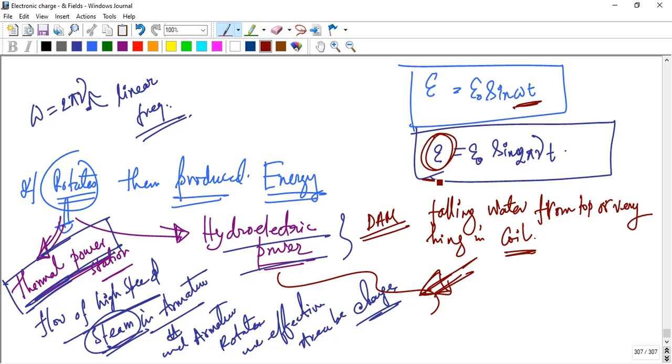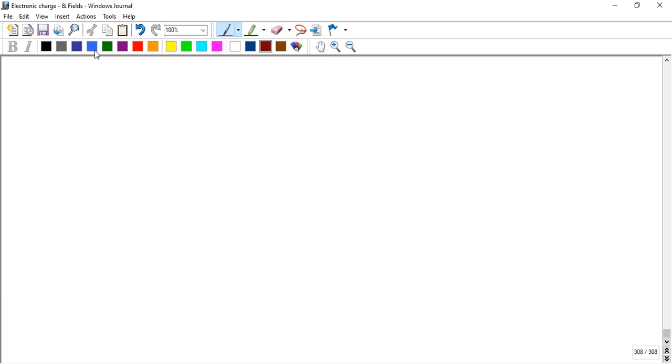Another source is a nuclear power source, power generator, or windmill. These are the various types of sources for rotating the armature in a power station. And there are various processes. And in modern day, in an AC generator, you see that in modern day,